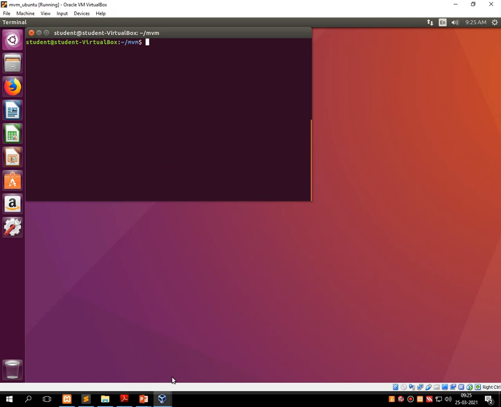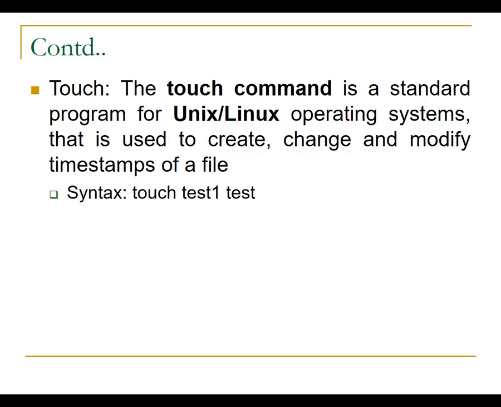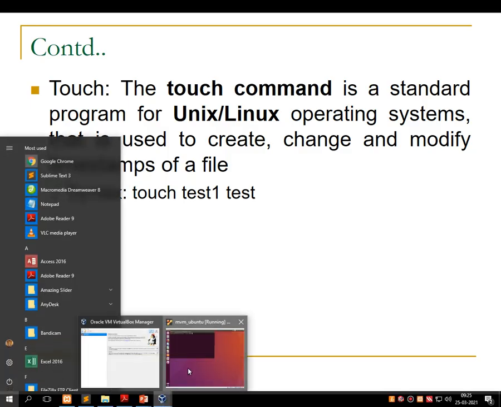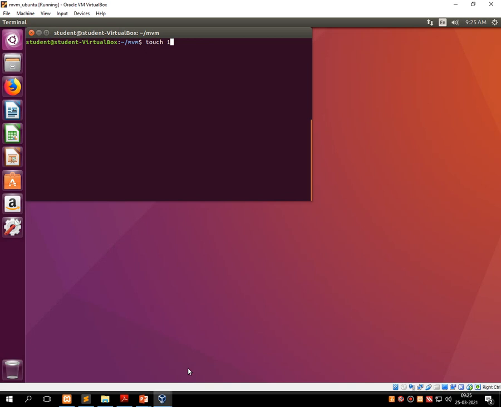So for that I am writing the keyword touch, then the name of file, press enter. Touch, name of file and another name of file.